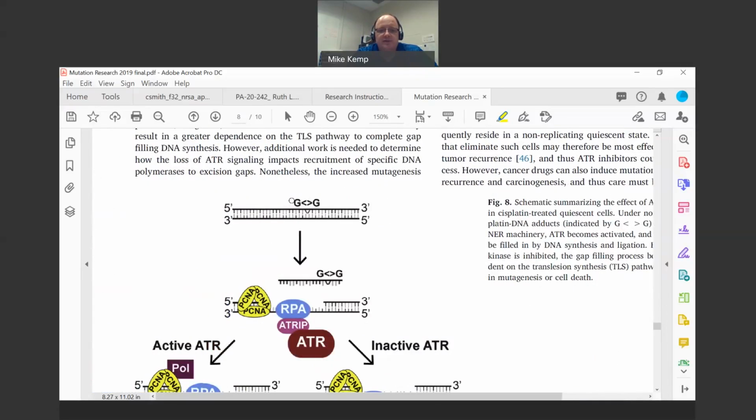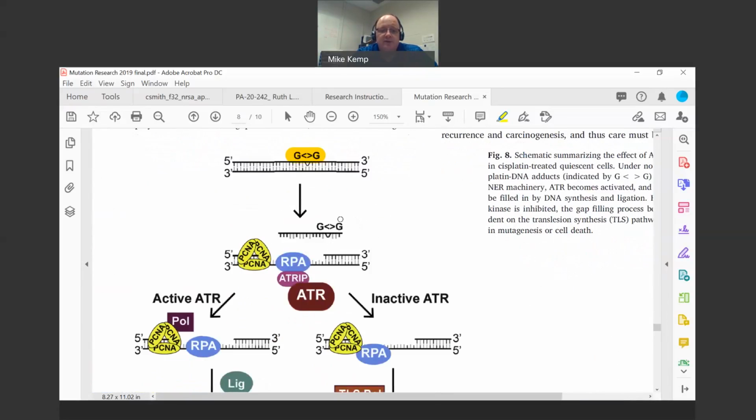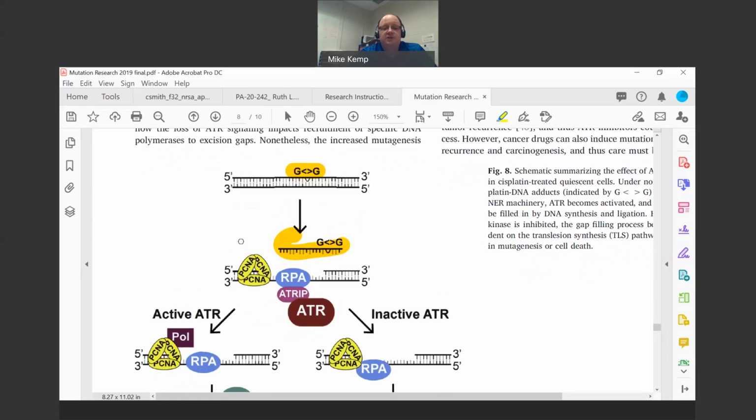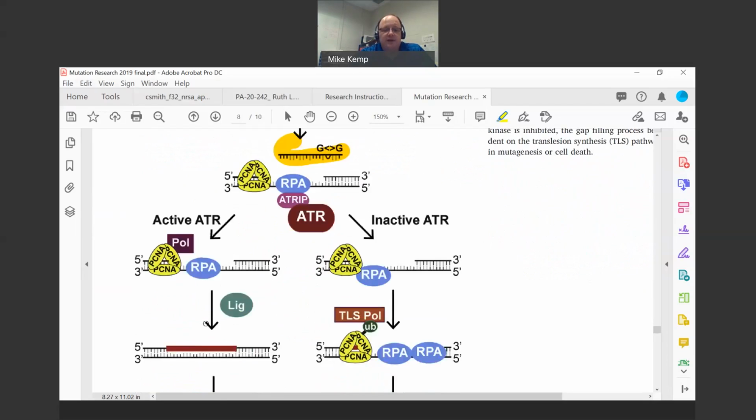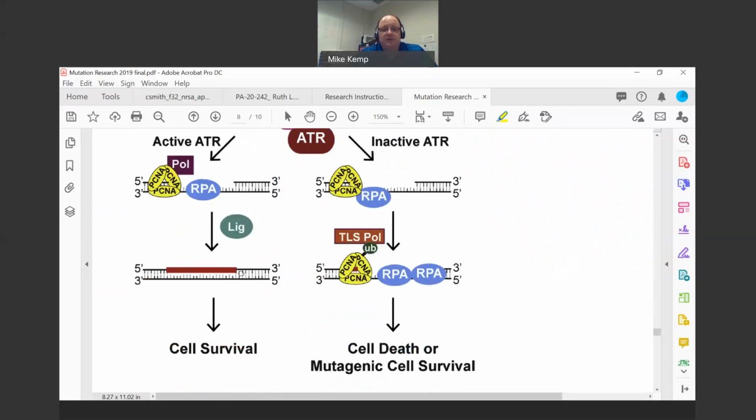Again, one of the major adducts induced by cisplatin are adducts between adjacent guanine residues in DNA. There are other adducts that can be induced as well. Nucleotide excision repair can cut out that damage in the form of a small piece of DNA, and that leaves a gap in the DNA that can become bound by RPA and by PCNA. So RPA binds the single-stranded DNA. PCNA is thought to bind the primer template junction there to allow DNA polymerases to come in and replicate across to restore that gap to a normal duplex DNA.